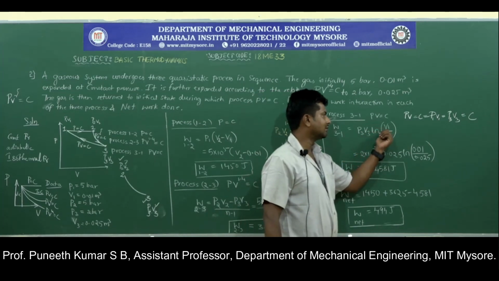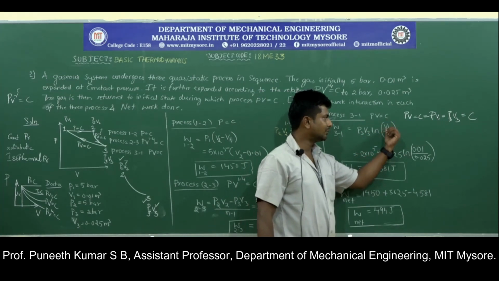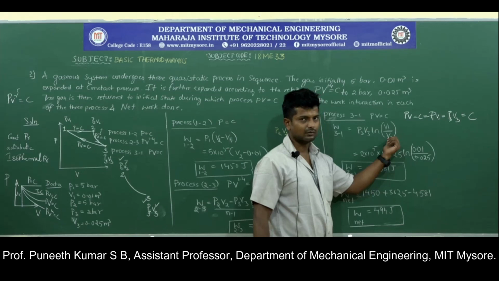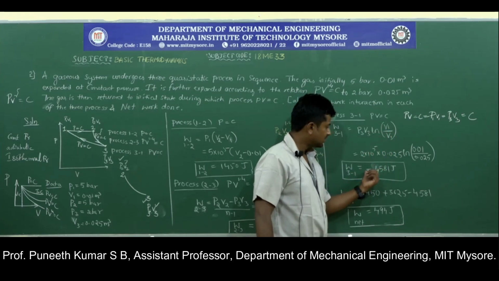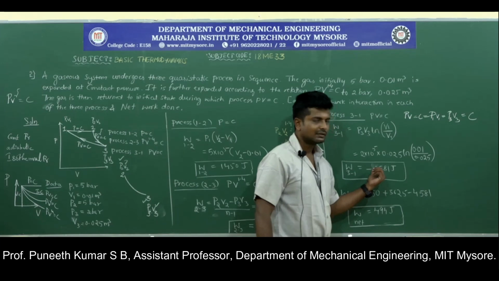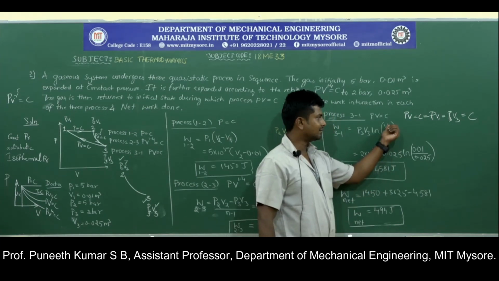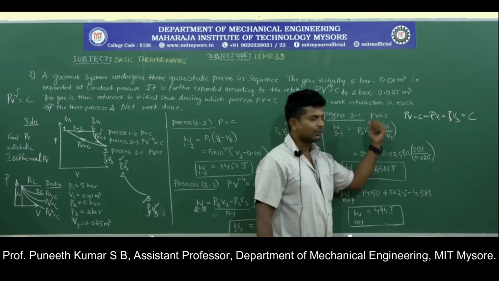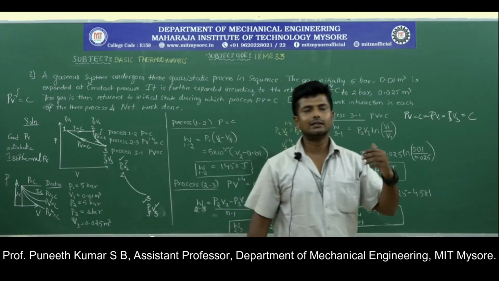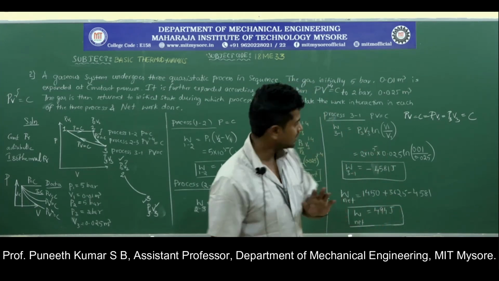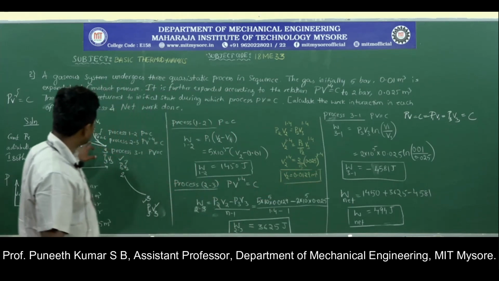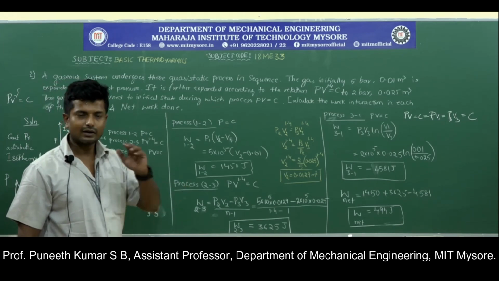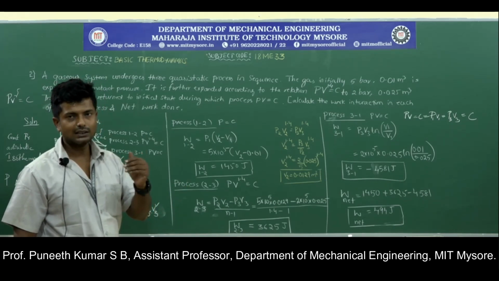But while writing ln of, in the numerator it should be the final volume by initial volume. And by solving this, we are getting a negative sign since the numerator is smaller than the denominator. For the ln function, whenever the value goes lesser than 1, it turns out to be negative. And also, as we have said earlier, if the arrow mark is pointing towards the left hand side, it is representing the work done on the system.